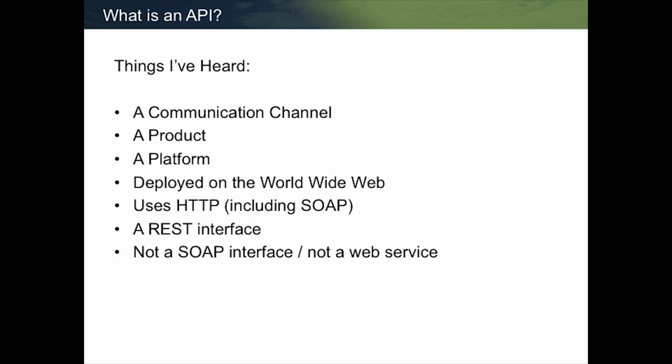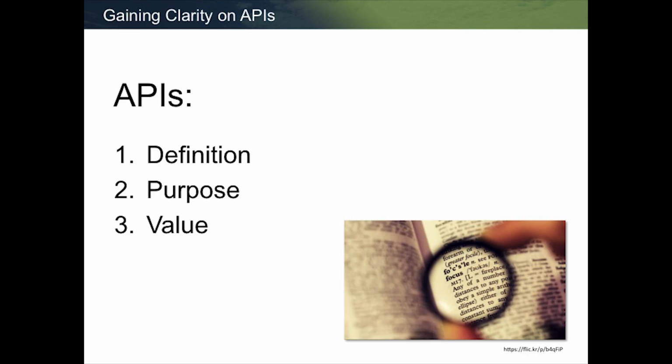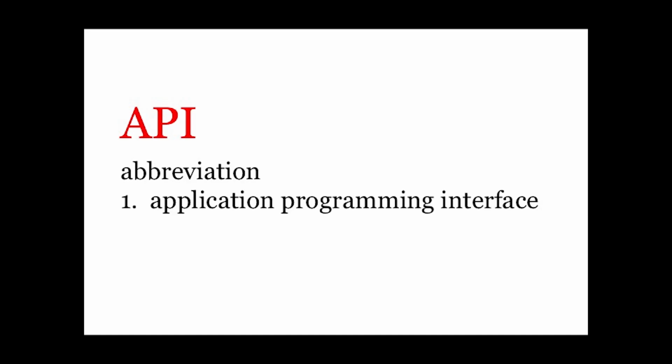And these are really more about describing what an API does, or the attributes about an API. So to start with, let's go right to the beginning and, to get some clarity on this, let's define it: what is an API? Let's show what its purpose is and its value. And then we'll add upon that use cases to bring you up to speed with ways that people are using APIs today. So the definition is pretty straightforward.